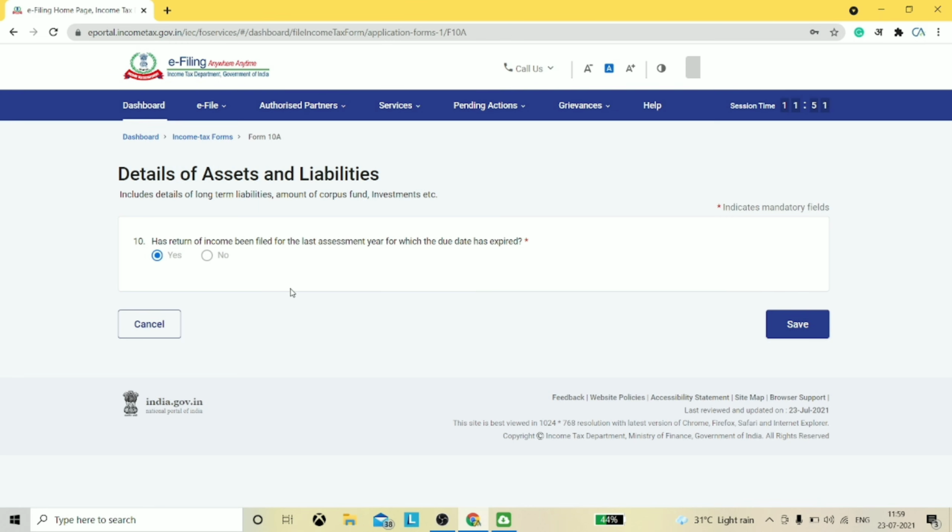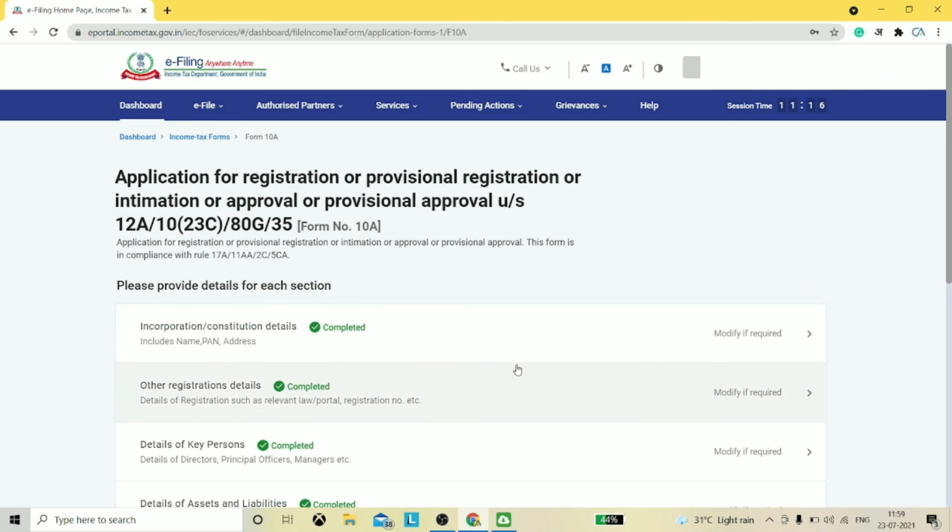It is evident from the fact that this part of the section shall not be displayed at all when the section code related to renewal is selected in point number 2 of the first section. However, all the points become available and is thus required to be filled only in case of organizations applying for fresh registration and section code 2 is selected in point number 2 of the first section. Let me show it to you.